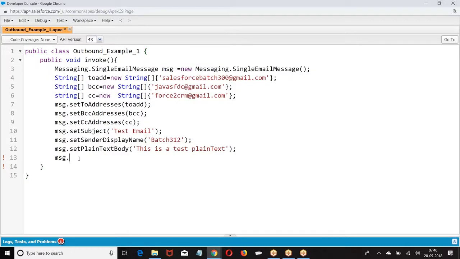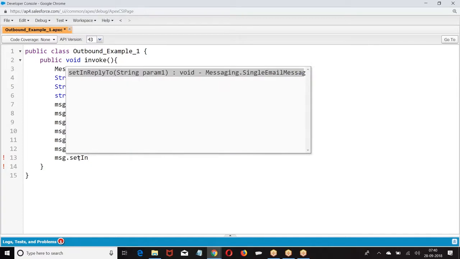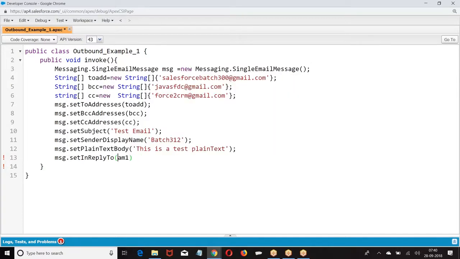Message.set reply to. This is how they go. Set in reply to. Then this is one message. When you want to send, put all the messages in an array, send it.